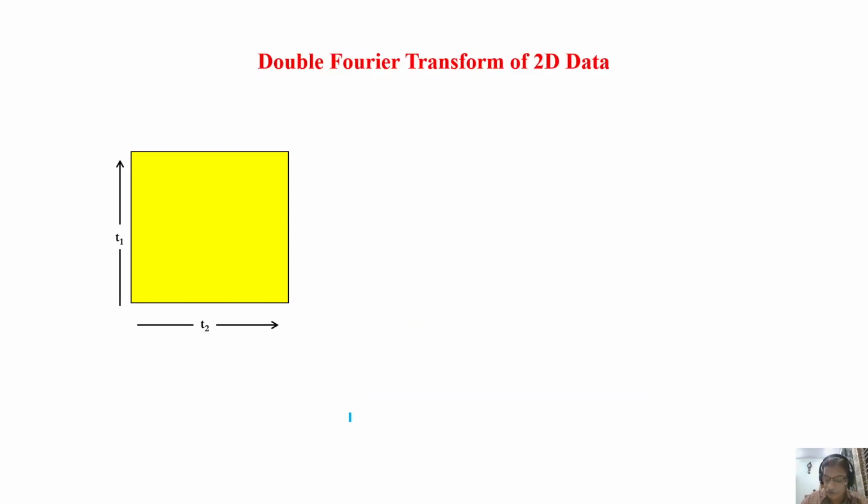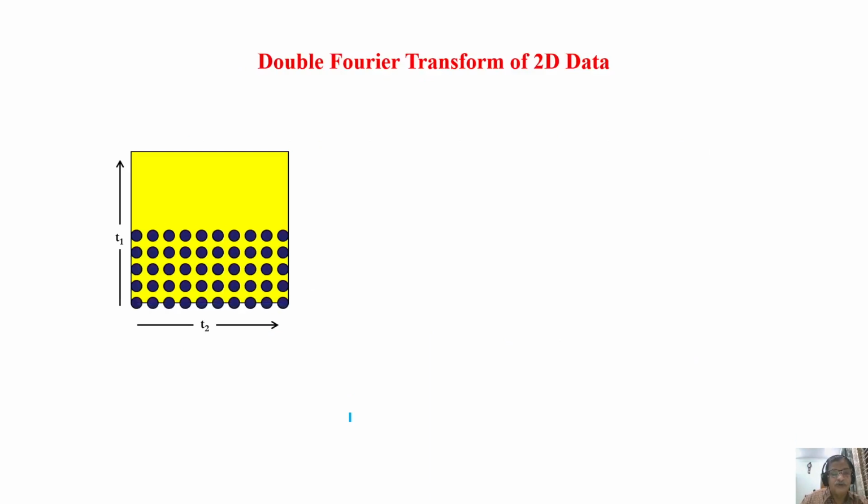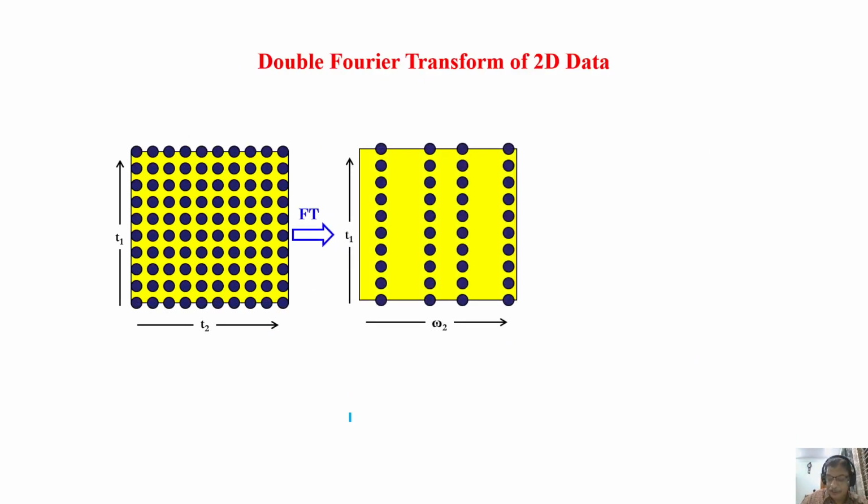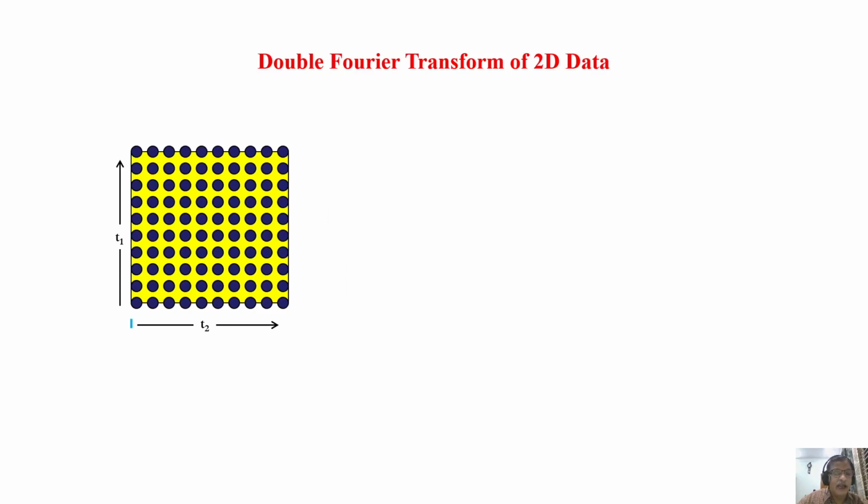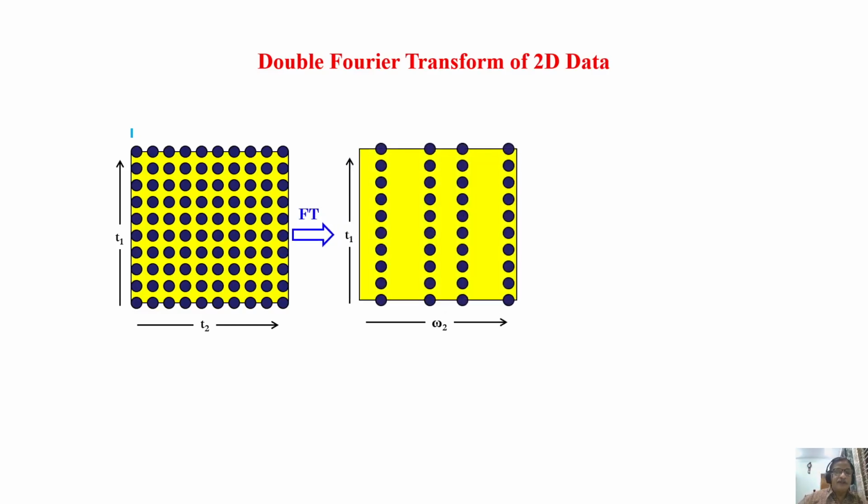Let us see how we can see the spectrum from the time domain data. This is, I showed you, we keep on incrementing and finally acquired the data, right? This is the time domain data acquired by incrementing systematically the T1 time period. I increment the time during T1 and collected the FID. Now what we do is, we can individually do the Fourier transformation, convert time domain data of T2 domain or T1 domain to frequency. First, let us say we are doing the Fourier transformation in the T2 dimension. So this is remaining the same.